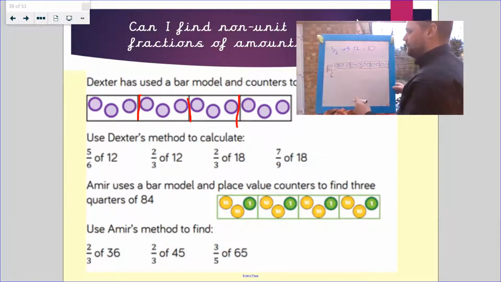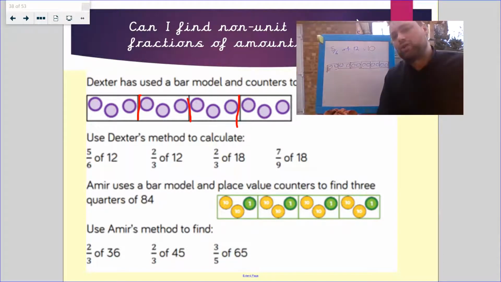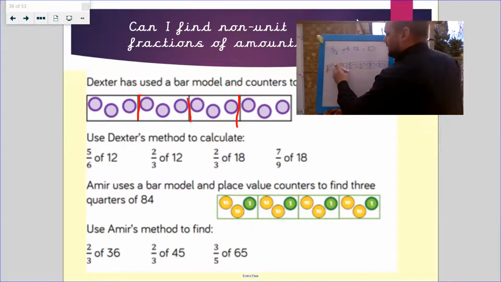All right. And if you want a quicker way to do it, you do 12 divided by 6 to give you 2, and then multiply that answer by the numerator to give you the answer. Let's do 2/3 of 12 this time, okay? So this time,